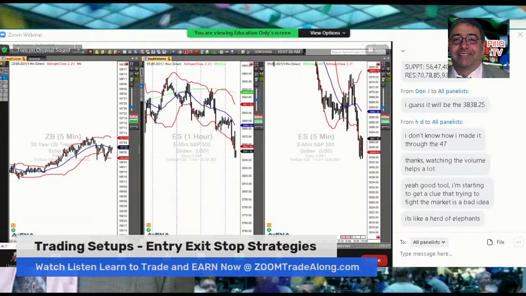Getting very, very choppy here as the morning session comes to a close, so be a little bit careful. Downside support, you have our levels downside: 40, 33, 25. Upside right now, a little aggressive if you take it to the 56 area. Otherwise, wait for the 64. If we get above 71, I think we rally back up to the highs.